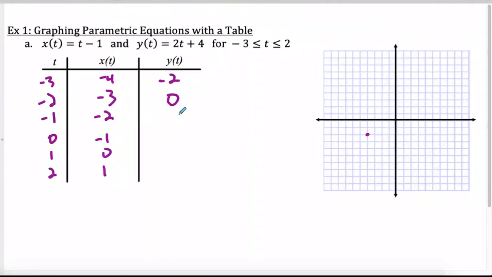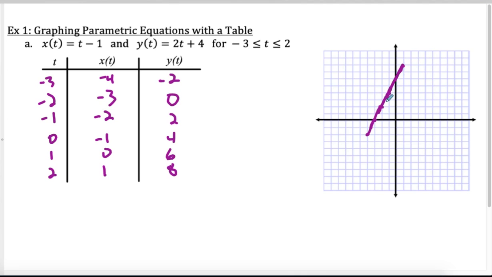And then over here, I believe we are just going up by 2 every time: 2, 4, 6, 8. So to plot those points, I'm at -3, 0, -2, 2, -1, 4, 0, 6, and 1, 8. And it just ends up being